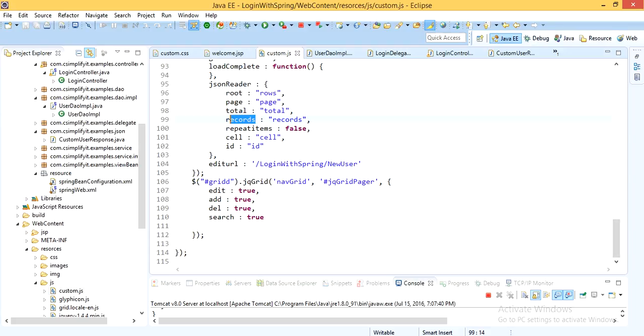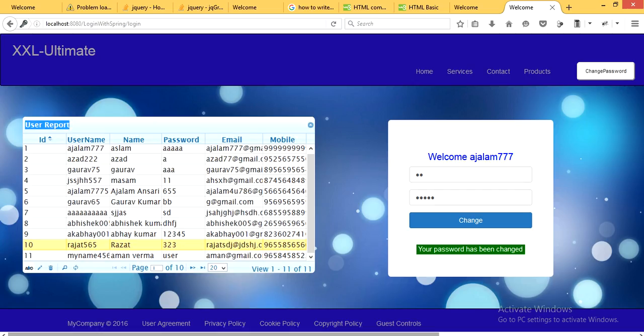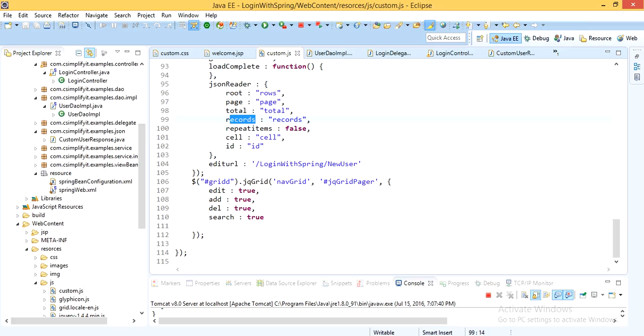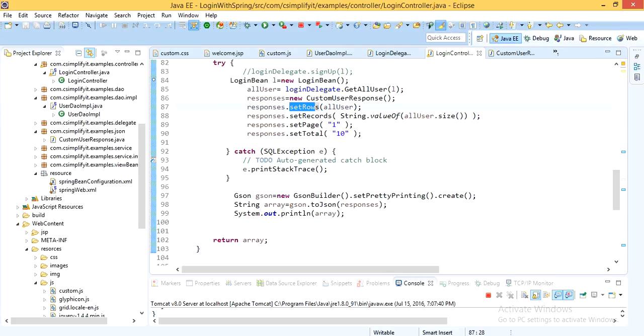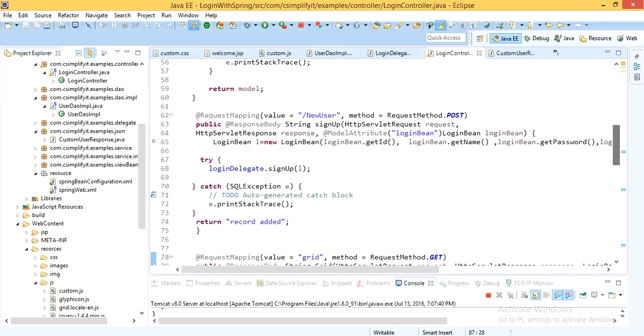And we have to edit my login controller. Then we have to go to the new user controller. The new user controller is the post data, and the response body is responsible for the response in the form of JSON.